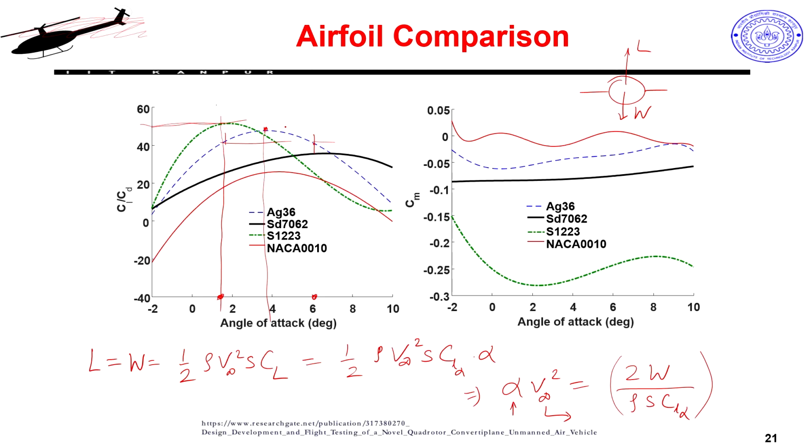So, this is one part, that is how I will interpret my L by D graphs. This is one kind of interpretation. Clearly blue and green look better, blue looks better in a certain manner, and black has lower values. I am going to get a similar level of performance, not even the same, it is still less. I have to operate at much higher angles of attack. And higher angles of attack is not necessarily a good thing, because normally at higher angle of attack you will also have slightly higher drag. Why? Because your body is like this. You are exposing more area to airflow, in a very layman's manner, one can understand that.